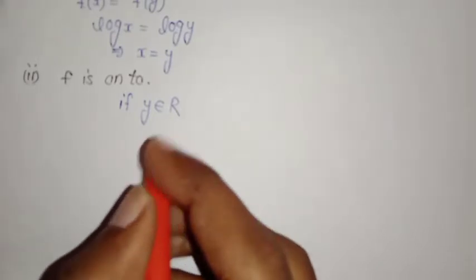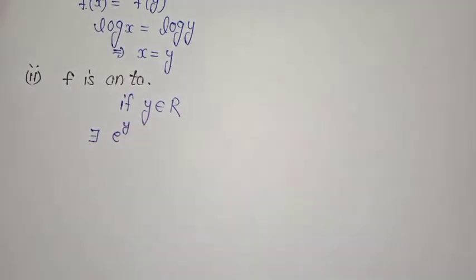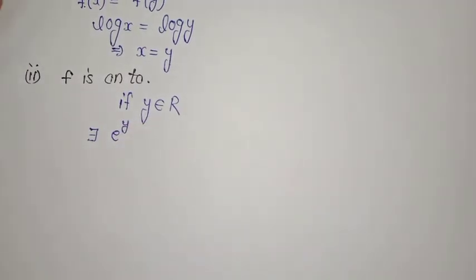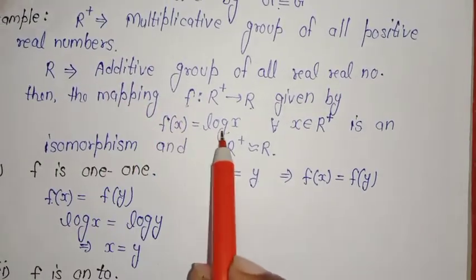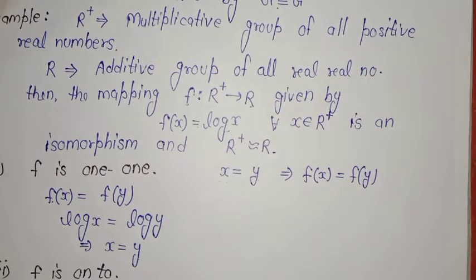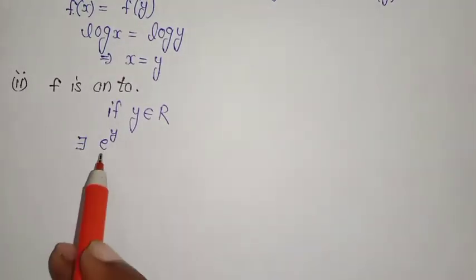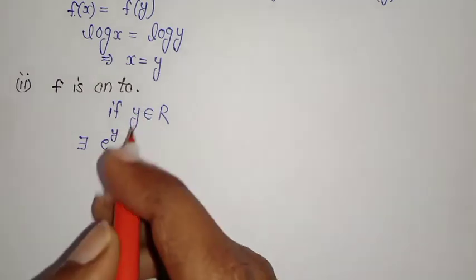We can take e raised to power y. Why am I taking e raised to power y? Because if we apply the given function log x, this becomes log of e to the power y, and this gives only y. So we can take this element as the pre-image of y,